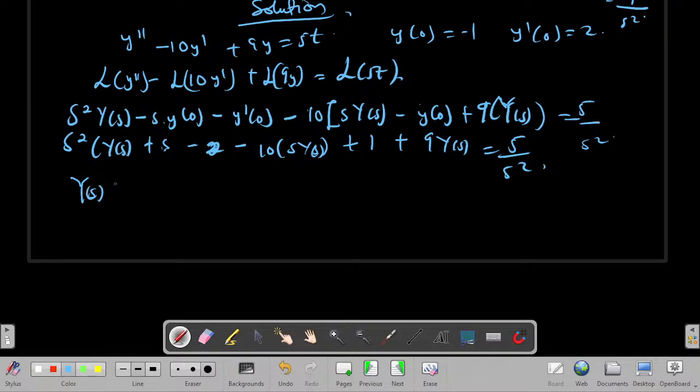A bigger bracket is open. I can see I have s squared here nicely, and I have negative 10s, is that not it? Yes, I'm right. So I'm just trying to factorize Y of s. So look at the equation. Wherever Y of s is, I first should have grouped